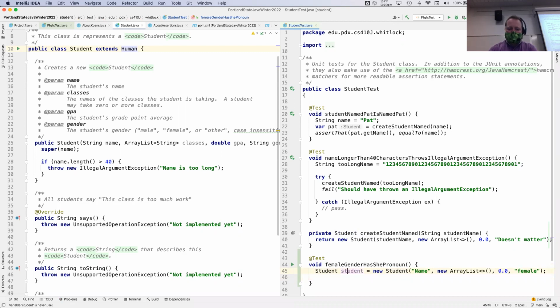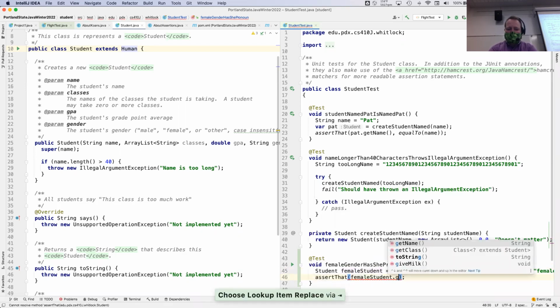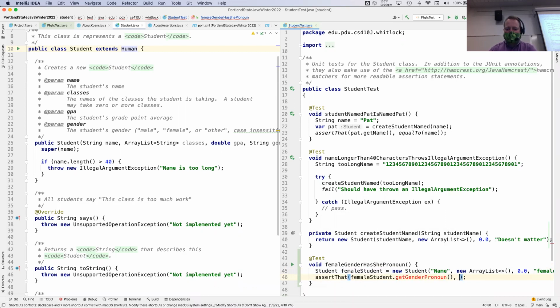Actually, we'll just call this female student. Now we'll make an assertion. We'll say assert that female student dot get gender pronoun is equal to she. That's what we want, right? What I'm doing here is writing the code for my student class, and interesting, this is one way to do it, but maybe a different way would be to say we want the toString